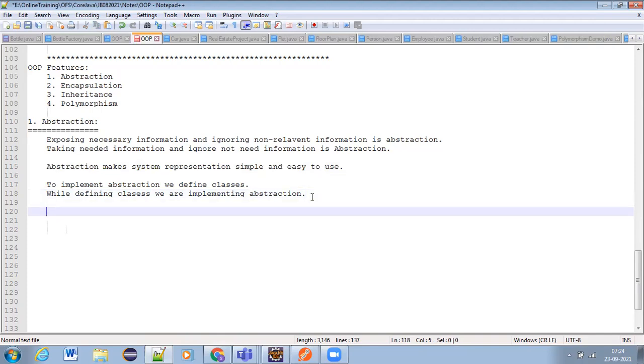Now, how can we say class definition is abstraction? It is very simple. How do you define a class? Whenever you are defining a class, what are you taking? See, yesterday we defined several classes, right?